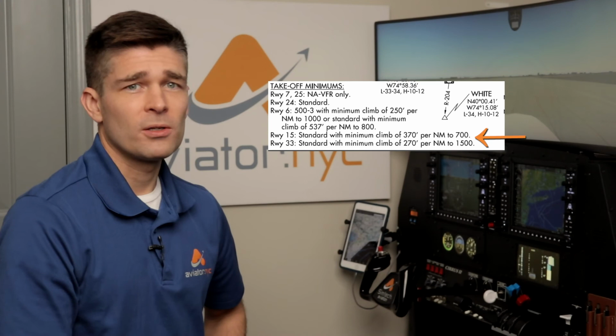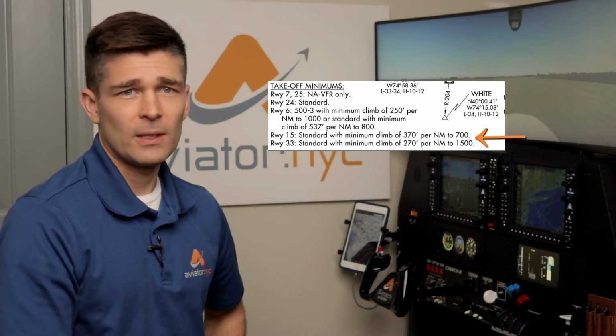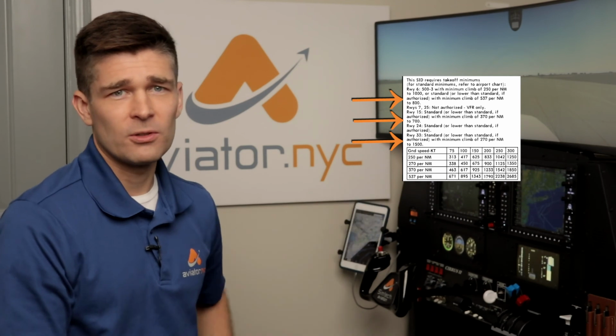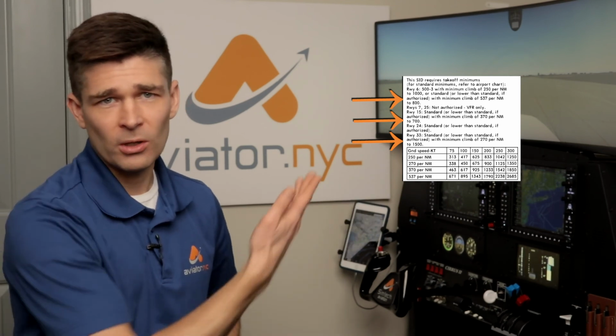Now on a SID in Poughkeepsie 15 again, you'll see on the SID, or standard instrument departure procedure, the climb gradient will be listed on the charted routing. And here it is on the FAA plate, and on the Jeppesen plate, they put it in this little neat